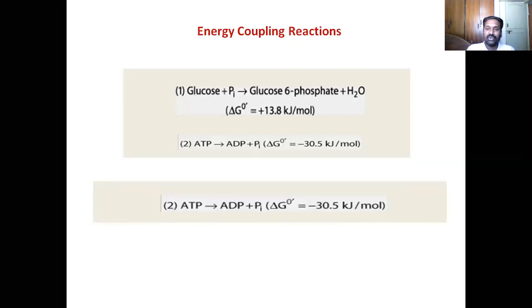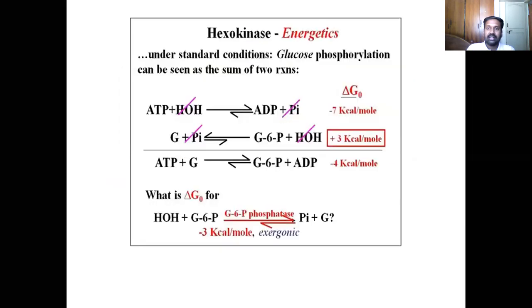Please note the change in the units. It is joules here and it is calories here. About 4 point something joules make up a calorie. So there are textbooks which give the delta G values in terms of calories, and there are textbooks which give them in terms of joules also. The SI unit is joules basically. Strictly speaking, we must speak in terms of joules. But since there's a practice still that calories is also used in biochemical reactions, I am giving you both